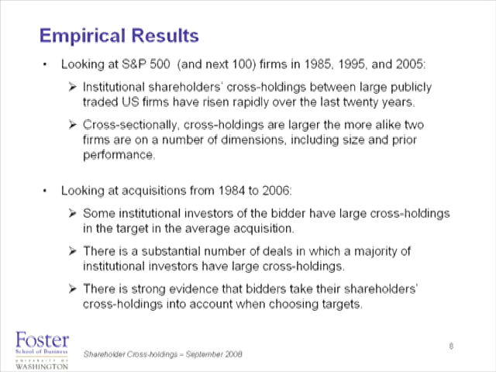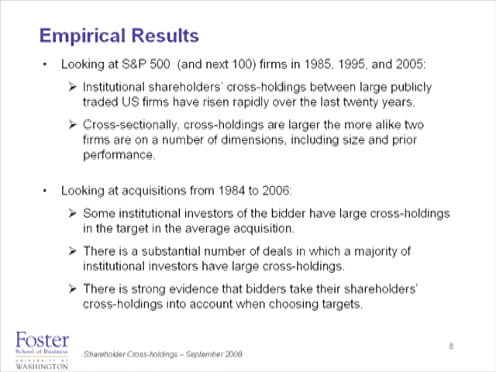And also, we're going to examine what determines cross holdings. Why would one pair of firms have larger cross holdings than another? It basically comes down to the idea that if you think about institutional investors having some kind of investment screen, each particular institutional investor has a particular investment screen, then similar firms are going to rise through that screen. And so the more similar two firms are, the more likely they are to have cross holdings.